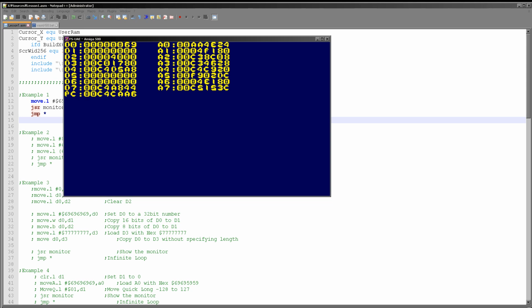There's a good reason for that. A7 is the stack pointer. If you use SP in your code, then the assembler will convert that to A7. A7 and SP are both the stack pointer. That's a bit strange, certainly is, but there is another thing that's very unusual about the 68000 processor compared to